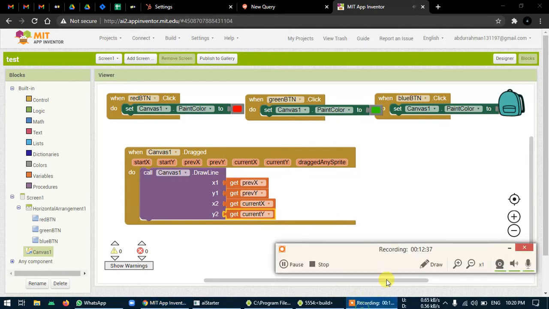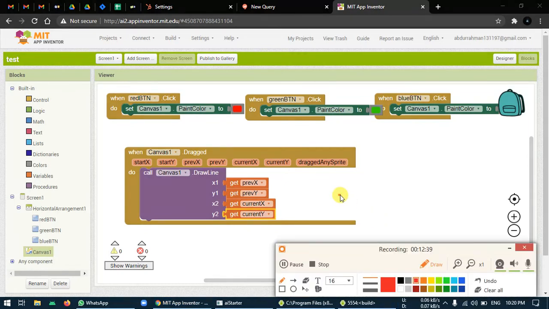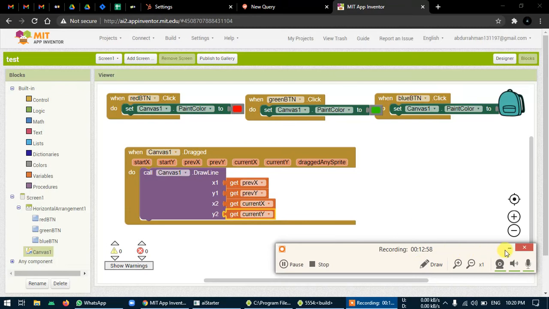If we get start x, start y, it will be drawing lines like this, every time taking a start and start like this. But no, we want, wherever our finger is going, it must draw a straight line, not like that. So that's why we need to use previous x, previous y, current x, current y. Simple one. Now I can just test whether it is working properly or not.